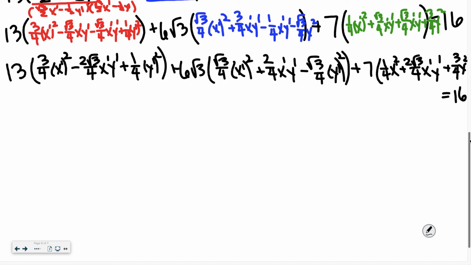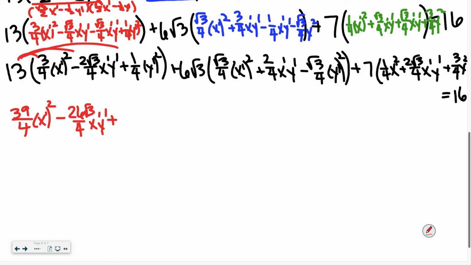Okay. So now what are we going to have to do? Distribute. 39/4 x prime squared minus 13 times 2 is 26 radical 3/4 x prime y prime plus 13/4 y prime squared